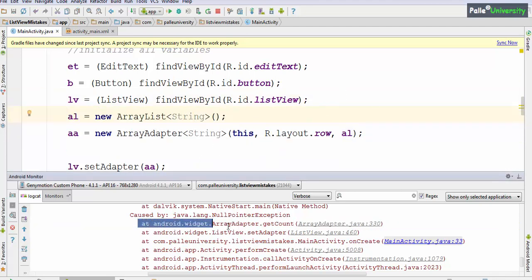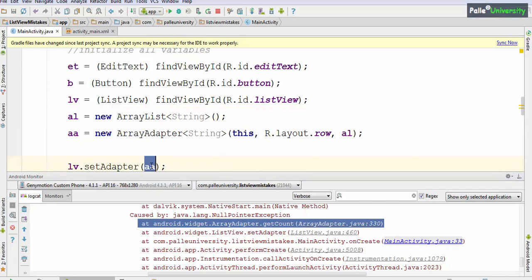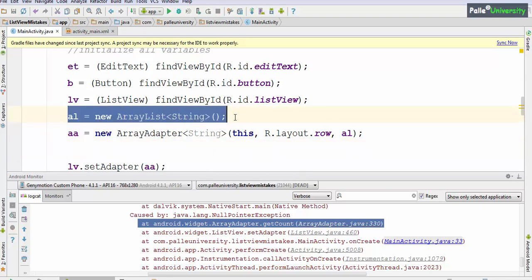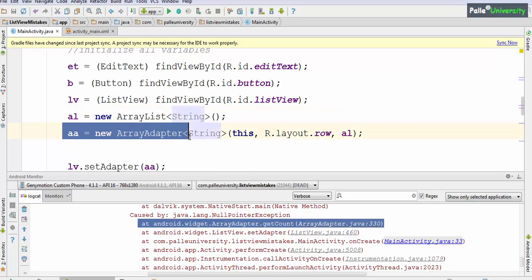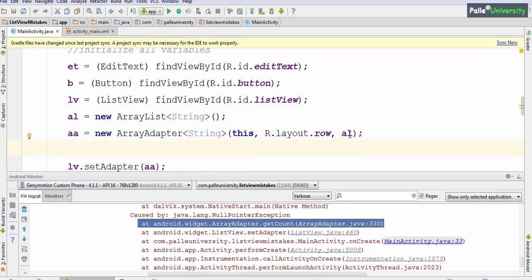If you observe this statement, you will understand the root cause. In the main activity, line number 33, you are setting the array adapter, but for the array adapter, you are passing the array list, but the array list is initialized after this statement, which is wrong. So remember, always first create the array list, that is the source, then only initialize the array adapter, and then establish the link between